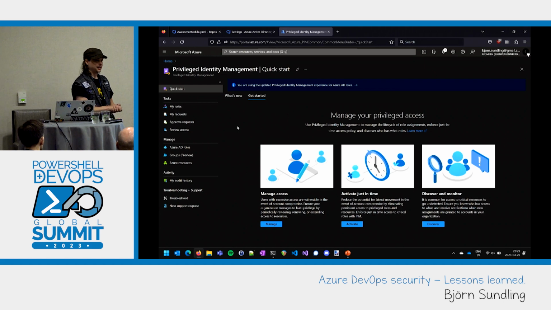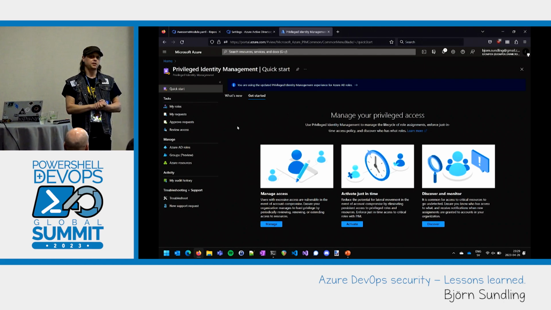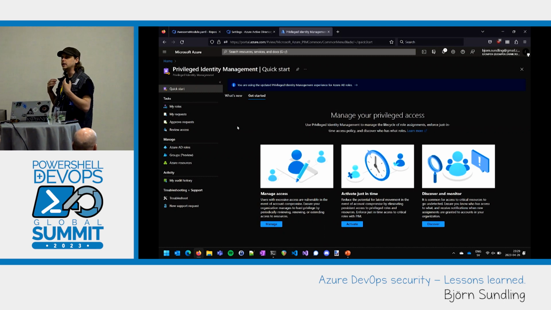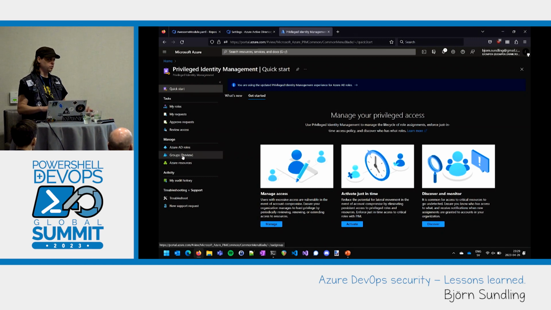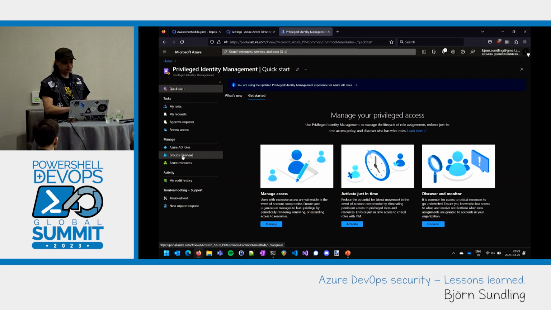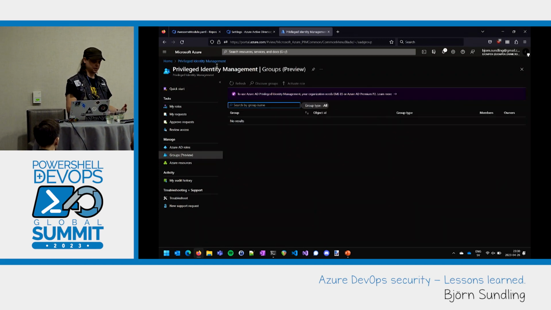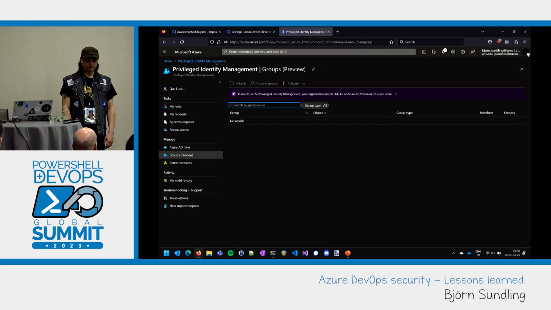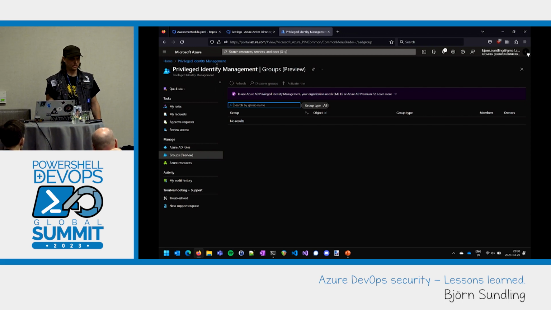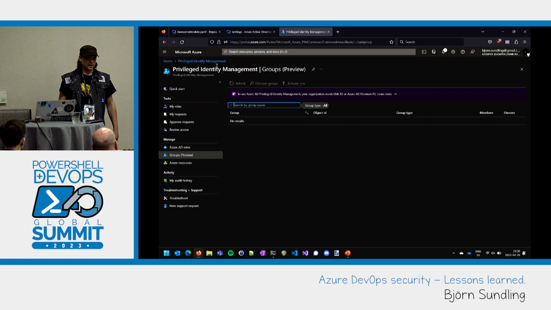Privileged Identity Management. This is a really nifty feature. It's actually one of the best things I think Azure has implemented when it comes to user management. This is basically short-lived membership. In here, we can add roles, but roles aren't supported in Azure DevOps, but we have privileged identity management groups. This is a normal Azure AD group you create, and then when someone wants to be a member of it, you have to go into Azure and say, please make me a member of this group for this long, and you can set it up either to work automatically, or you can set it up to ask for